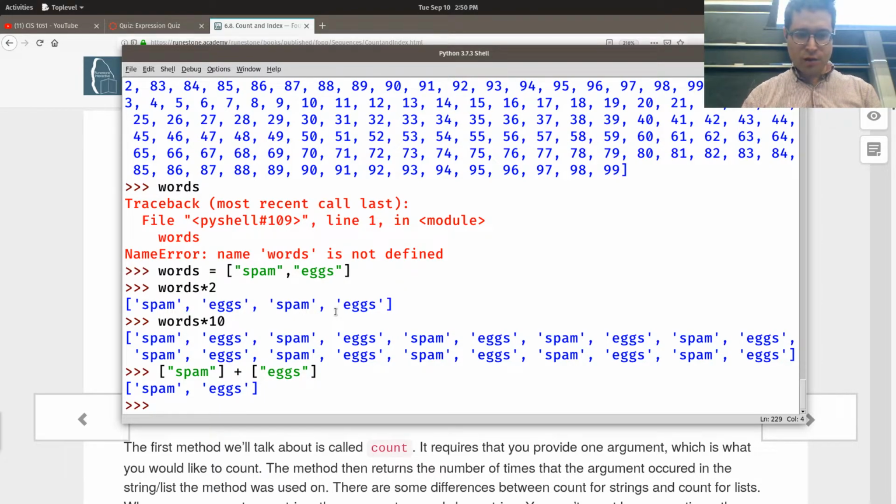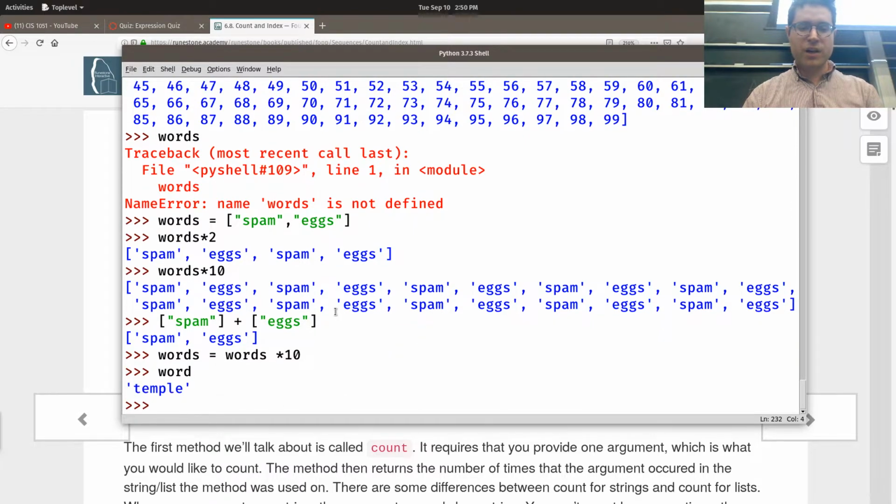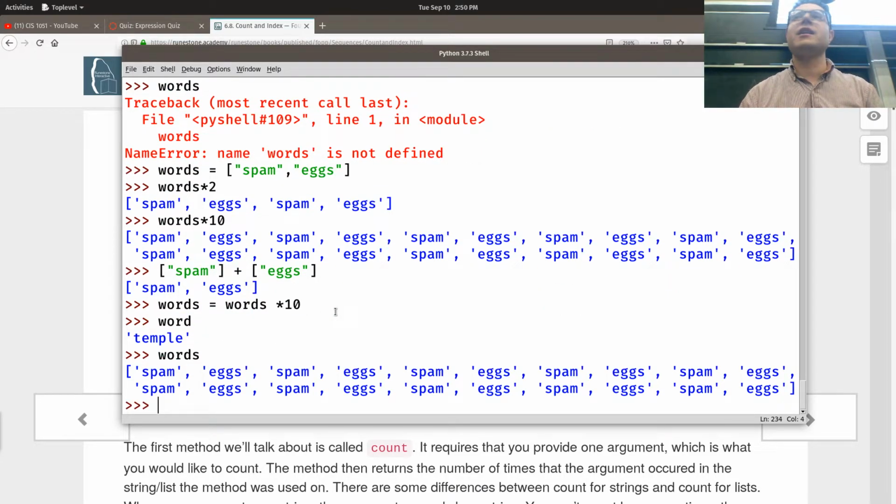So words, let's go ahead and say words is equal to words times 10. So that actually will store words. They'll actually store spam eggs in there 10 times, right? Spam eggs, spam eggs, spam eggs. So we've got that. So now let's go ahead and see the count function,